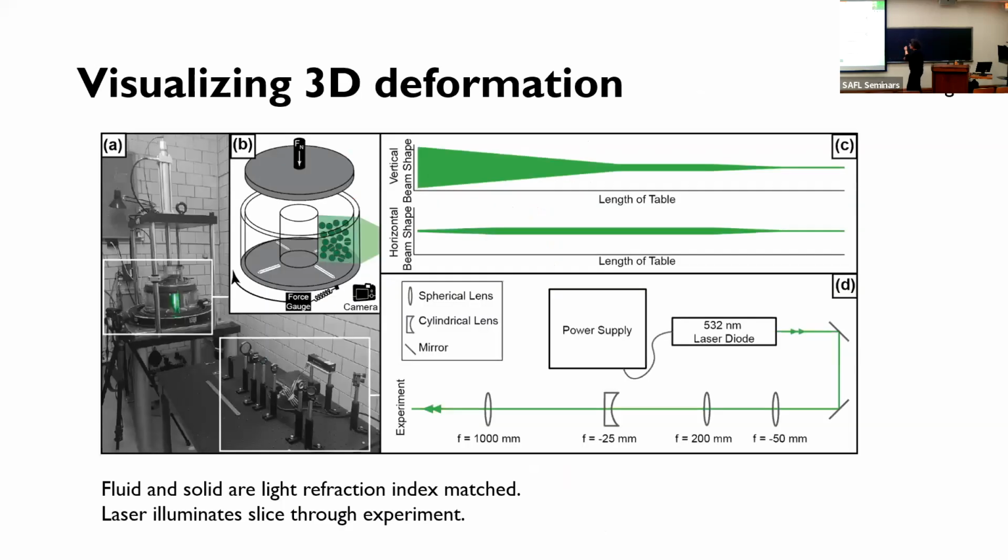The one thing that's in addition to this actual shear deformation apparatus is that in this case, we are going to use 2 materials that are light index refraction matched. So we're using the hydro beads and the hydrogel that are basically very similar and can't be distinguished by looking at it. But if they're illuminated by a laser sheet, we start seeing their small differences and can basically have sections through the experiment while it